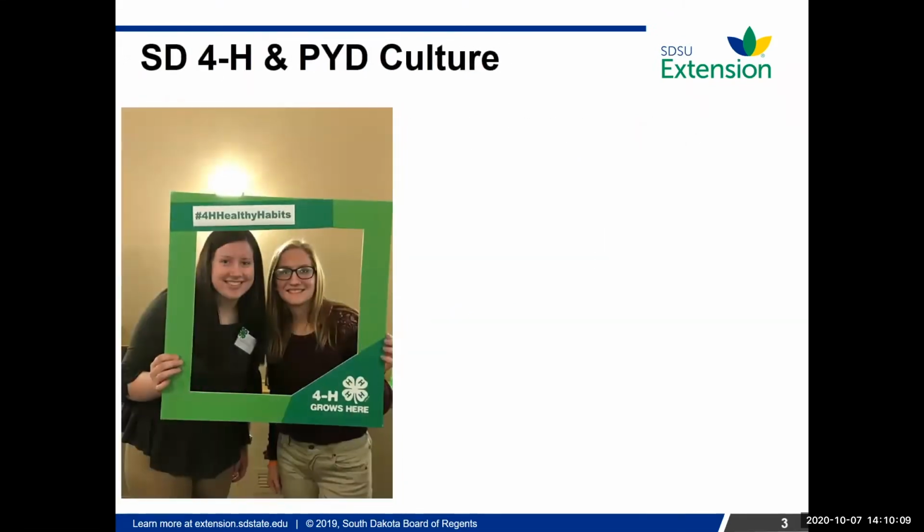When it comes to incorporating positive youth development in 4-H programming, we can go back to the three basic elements that make up PYD: positive experiences, positive relationships, and positive environments. Positive experiences. South Dakota has collaborative, experiential, and competitive environments. These should all be positive experiences for youth. As the adults, we need to help foster a healthy competitive environment where all youth feel welcome and recognized.